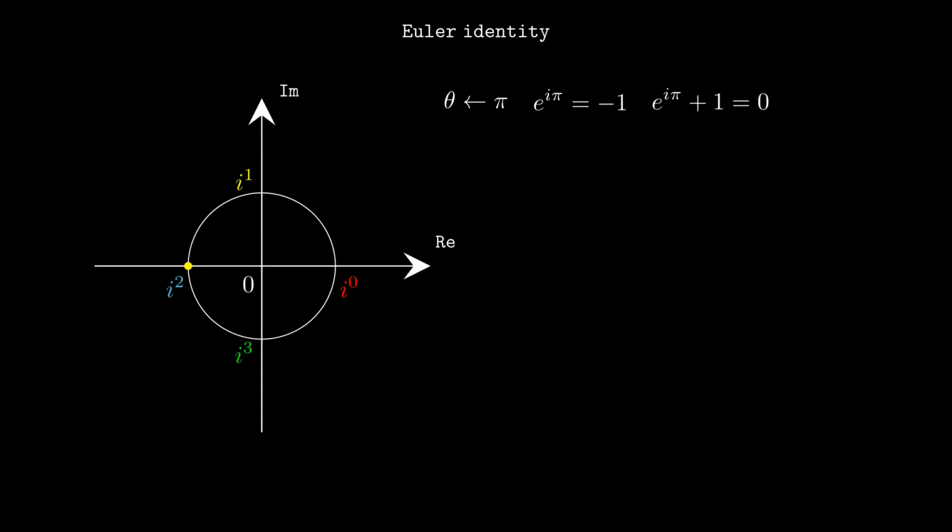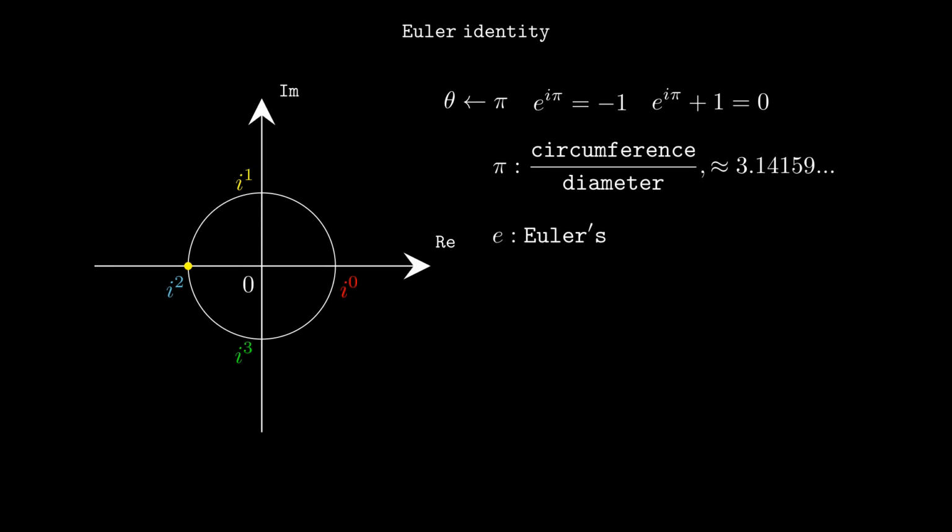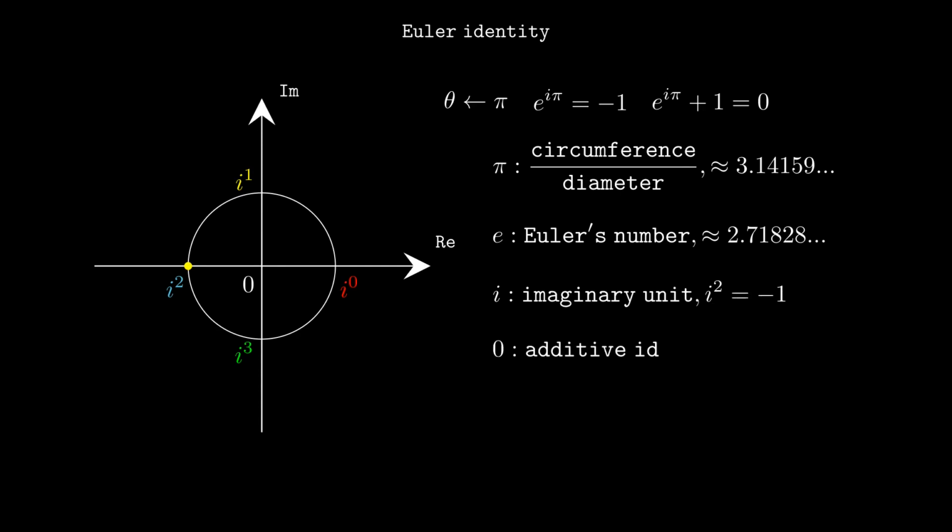Euler's identity contains 5 most basic mathematical constants. Pi, the ratio of a circle's circumference to its diameter, approximately equal to 3.14159. e, the Euler number, the base of natural logarithms, approximately equal to 2.71828. i, the imaginary unit, i squared equals negative 1. 0, the additive identity. 1, the multiplicative identity. Euler's identity may contain some of the most basic laws in the universe and is known as the most beautiful